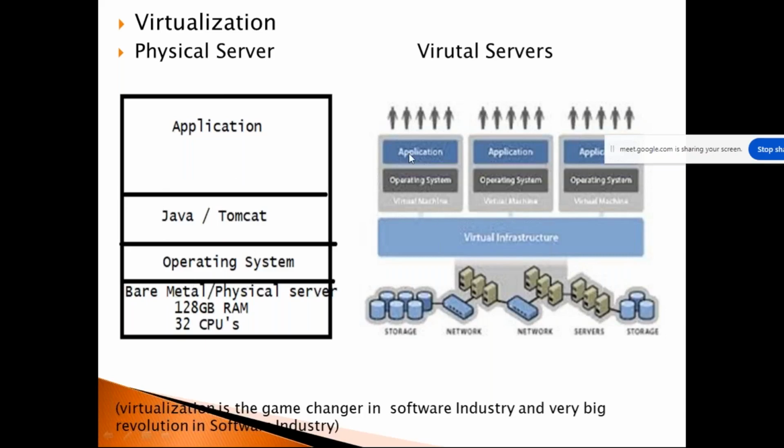But what is the advantage here? Here I set up a Tomcat application server with Java 1.8. I set up a JBoss application server with Java 11. I install a WebLogic application server with a different Java version. All these VMs are isolated. But on a physical server, there is no isolation. Those are the challenges and disadvantages of a physical server.